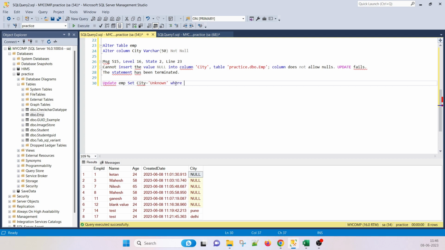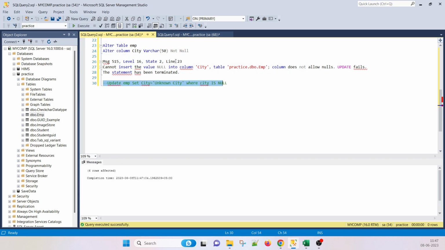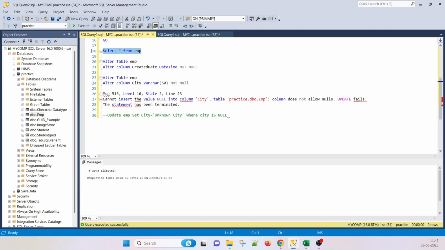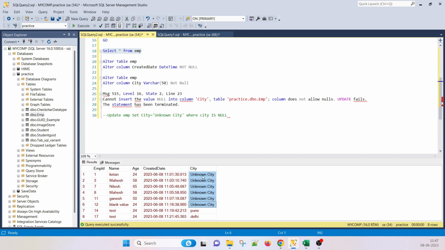Where city is null. City is null means those rows have the value as null, so we have to update them as unknown city, because you don't know, that's why, correct? So select star from emp. So unknown city, correct? You don't know whatever the previous city was,